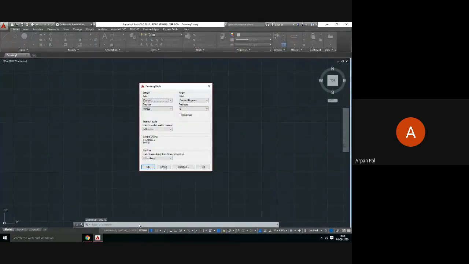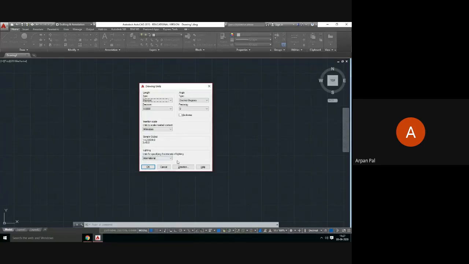Another thing you can see here, I am using the AutoCAD 2015 version, because today I am present in the laboratory where, if the offline class is open, obviously you will do this AutoCAD class. Here we are getting the AutoCAD 2015 version, but still we are not getting any problem. Why? Because the basic features in the 2011 version, 2017 version, 2019 version, or your 2015 version are the same. Some extra features may be added, but those are not of much requirement for us.